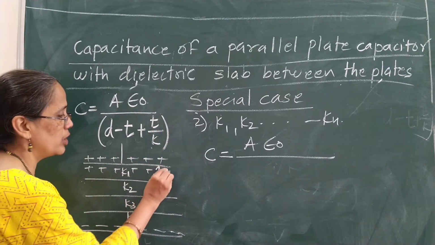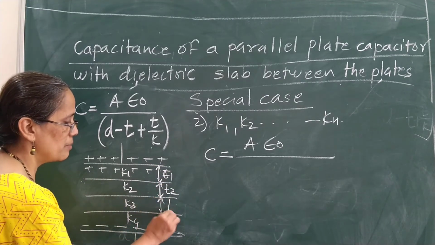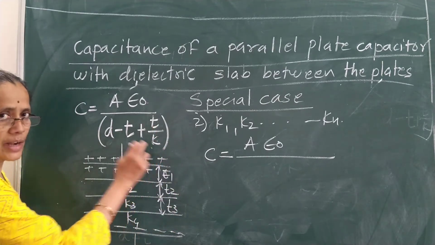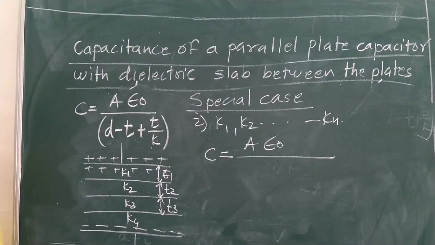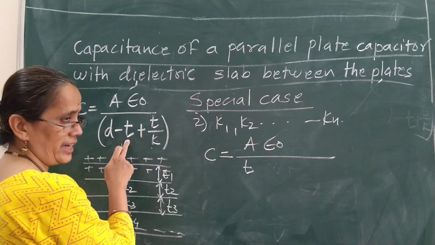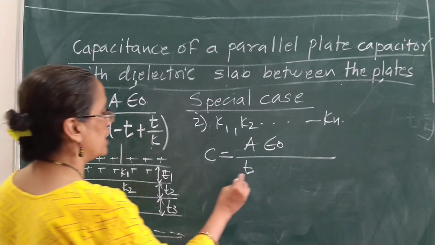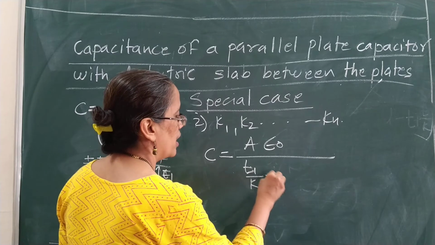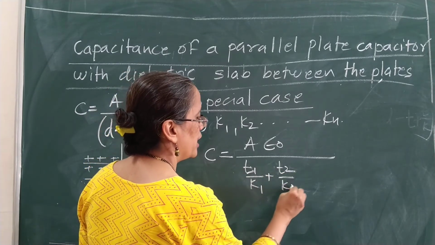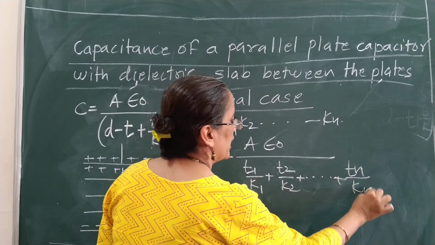Suppose this thickness I am going to call T1, this thickness is T2, this thickness is T3. According to that, this value will go on changing. And therefore, now I will get the formula. That formula I can write down in the format, which is equal to, here this factor will get cancelled. Now your total space gets divided into T1, T2, T3, T4. So I write down T1 upon K1 plus T2 upon K2 plus up till Tn upon